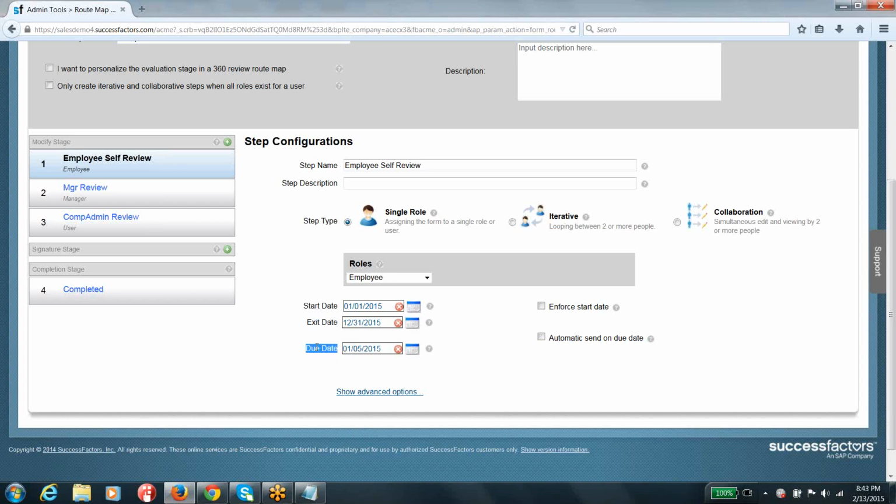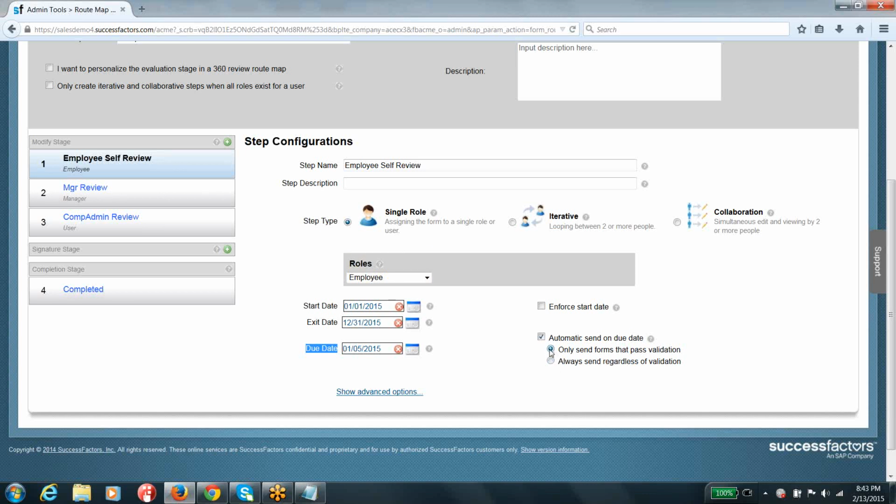So on the due date, the system can take two actions, guys. You can see here, the moment you select these things, the system can take two actions. One is send the form. Say if the employee doesn't finish or submit the form by 5th of January 2015, send the form automatically, whatever the stage is, whether the employee has updated the self-review or provided ratings or not, in fact anything, regardless of validation, send the form to the next step. Whatever the next step is, like manager review. Send the form to the next step.